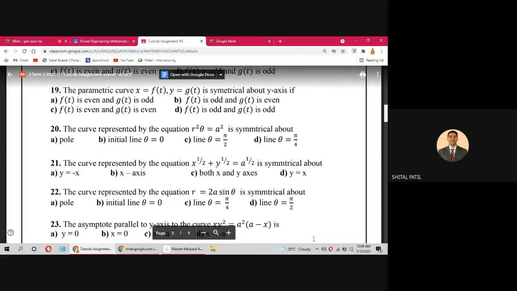I think we studied yesterday in A and B division, x raised to 2 by 3 plus y raised to 2 by 3 equal to a raised to 2 by 3 as asteroid. याद है ना आपको? So asteroid के फॉर्म में ये है, only the powers are x raised to half plus y raised to half equal to a raised to half. Okay, so write the parametric equation, x equal to a cos square theta, then write y equal to a sin square theta. Theta is the parameter.